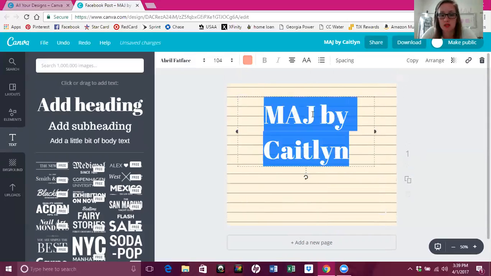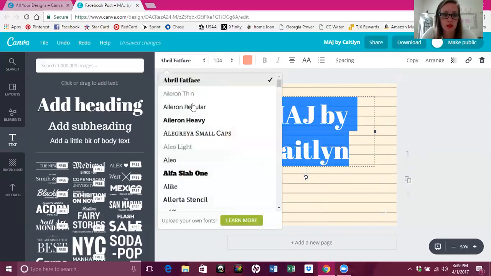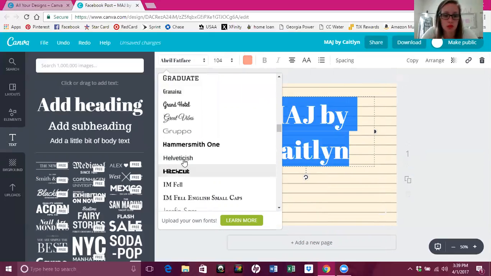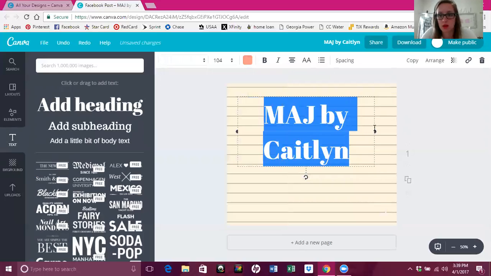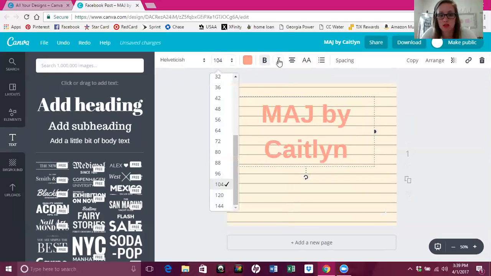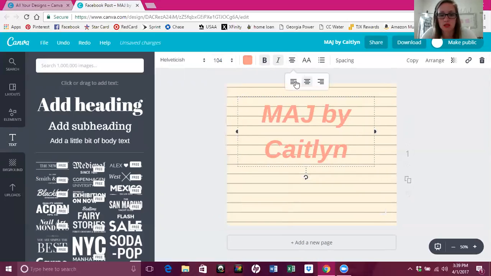You can select your text there, and let's see, I don't remember what, this isn't a required or a recommended font, but I'm just going to select it. You can do bold, italics, adjust how it is aligned,